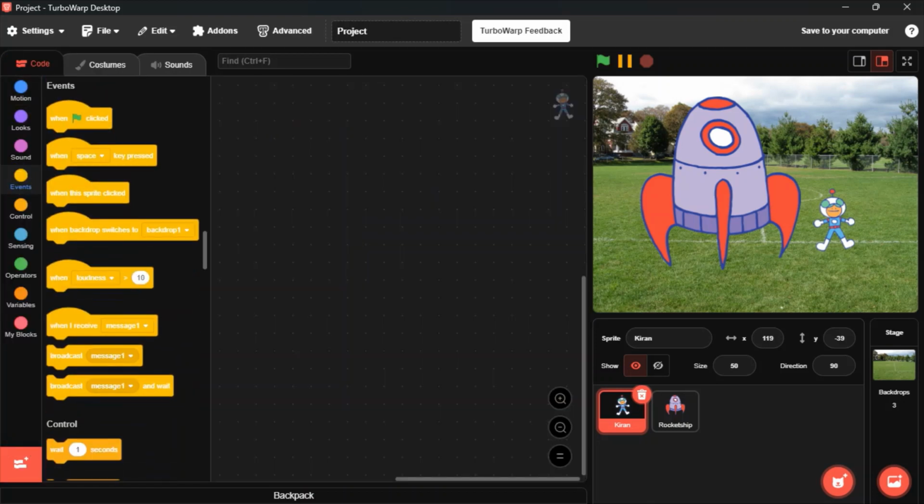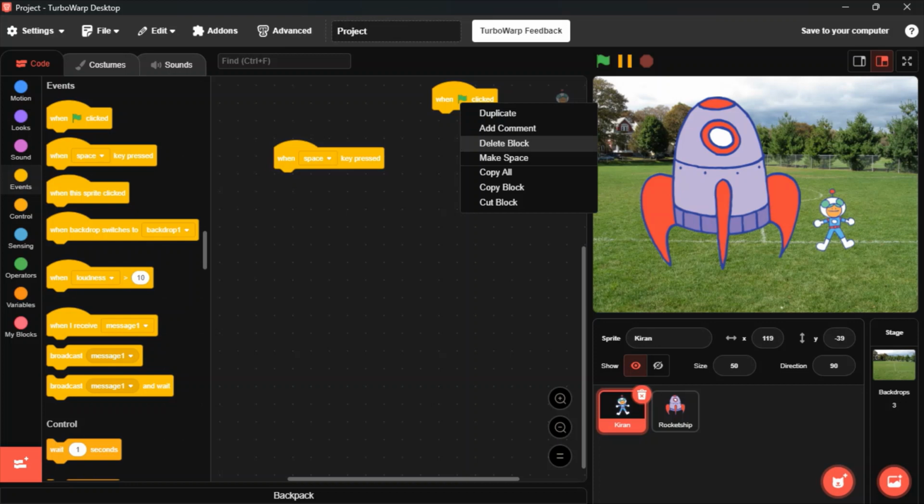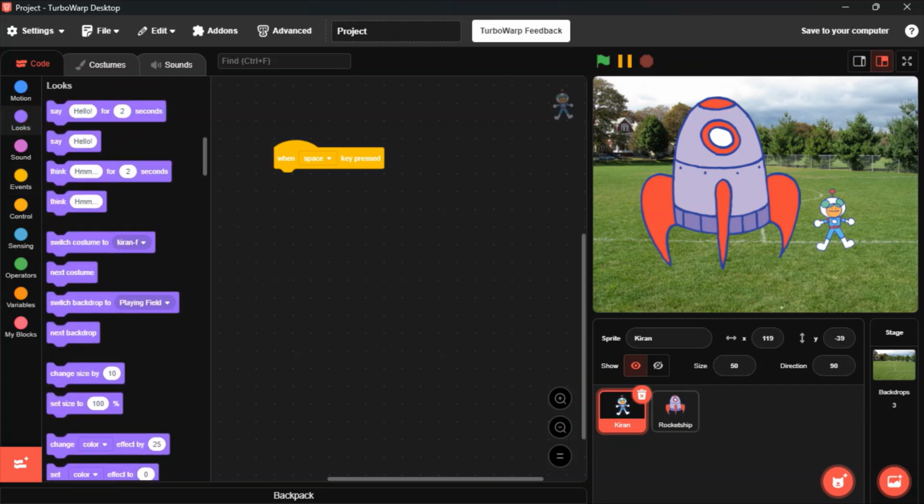Now let's start some coding. Whenever flag clicked, or you can also take this block. I am taking this block because it runs whenever space or any key is pressed. Basically, we start the code from this block, so you can take any one. Now when the space key is pressed, then looks. So Kyran will say hello for 2 seconds,